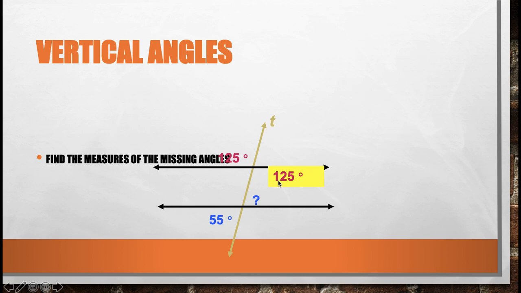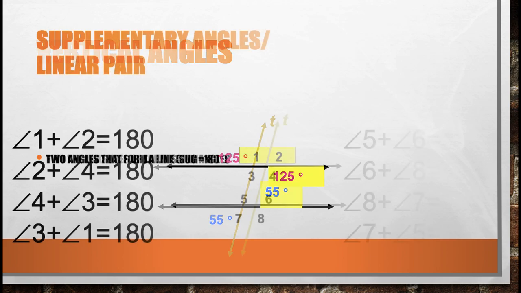In the first session we discussed vertically opposite angles. Remember, vertically opposite angles are equal. I gave you the notes for that in the last session. So vertically opposite angles are equal. Now what about this angle where the question mark is given? That is also going to be 55 degree because it is also a vertically opposite angle.